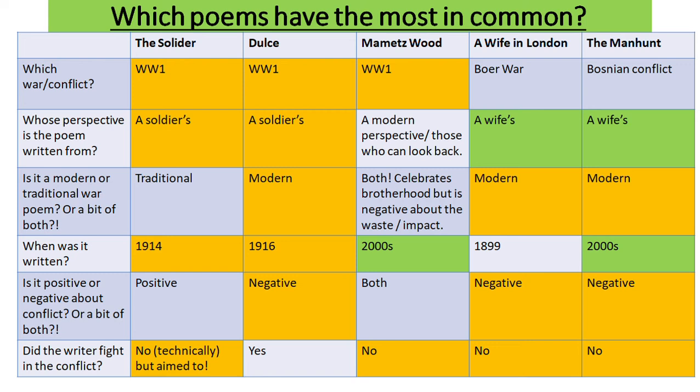What I think is the key thing that comes out of this then, if you have a look, A Wife in London and the Manhunt are actually the poems that have the most in common in terms of these categories. So the only thing that they don't have in common is the year they were written and which war they refer to. Everything else is the same. So they are almost like a perfect match. They've got an awful lot in common and would therefore be a really good set of poems to compare for